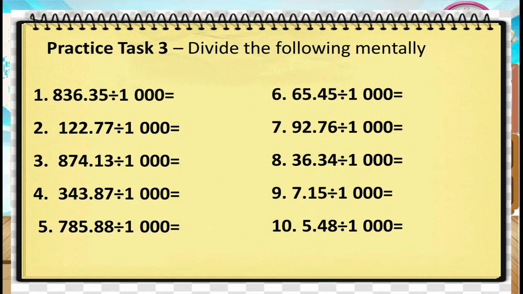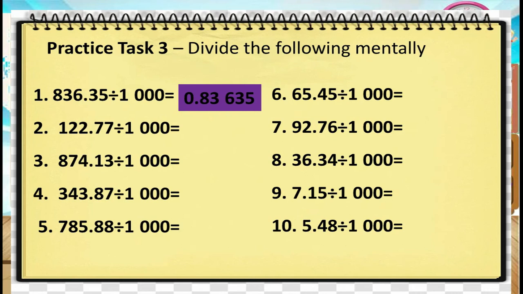How many zeros are there in 1,000? You're correct. There are 3 zeros. It means we are going to move the decimal point 3 decimal places to the left. Number 1, the answer is